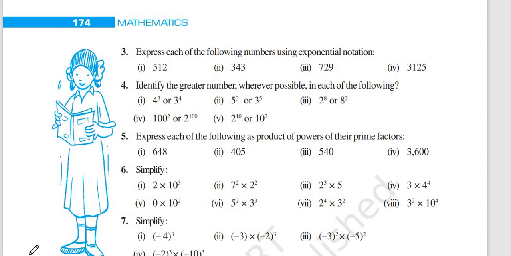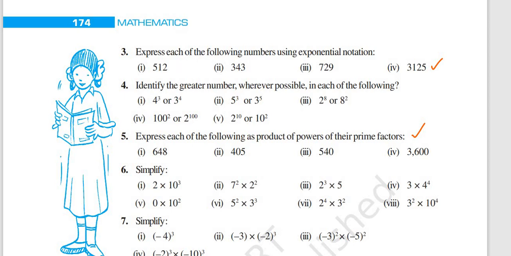If you come to next question, third, express each of the following numbers using exponential notation. Here given some numbers, 512, 343, 729, 3125. 4 numbers are given. You have to express in exponential form. So here sixth question also same thing. Sixth question is to express each of the following as a product of powers of their prime factors. Here you can write any factors, but both are done in the same way. Now I will tell